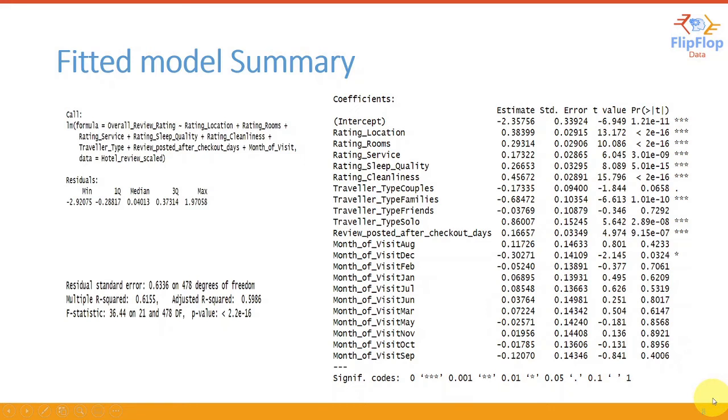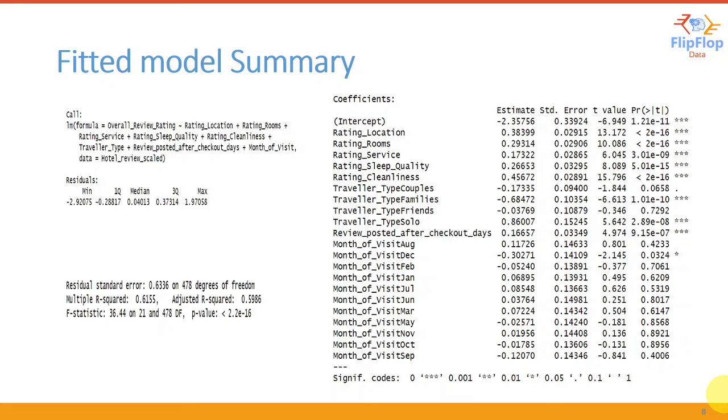But the traveler type family, if you see, it is significant as p-value is less than 0.05. And it is negatively associated with the overall review rating. Negatively associated. What does this mean? So this means that if the traveler is a family compared to business traveler, since traveler type business is our reference variable, so compared to a business traveler, they tend to rate